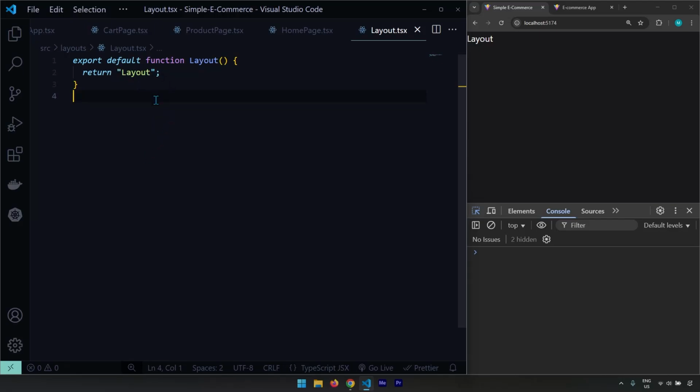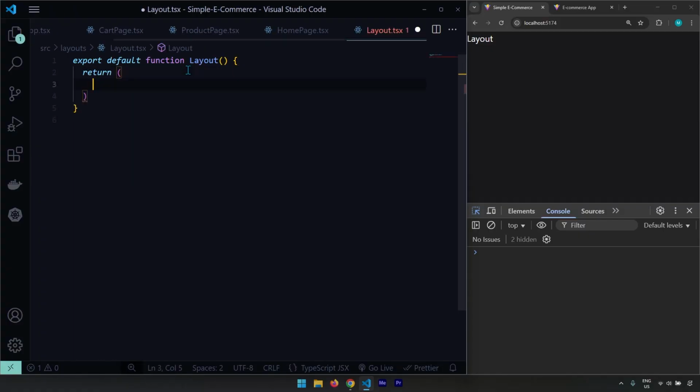Now, the layout is going to be, of course, the layout of our application. And the way layout works is we need to provide the blueprint for our application. What is the blueprint of our application? So when it comes to implementing React Router DOM, there is something called an outlet, which is a placeholder for all the content that we provide within every individual route. So I'm going to create our fragment here. This is actually a component that is given to us by React Router DOM. So as soon as I do Outlet,